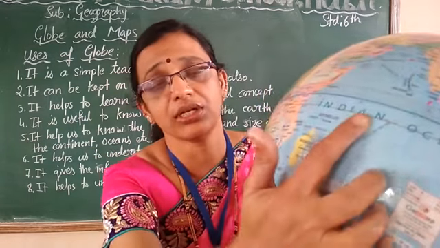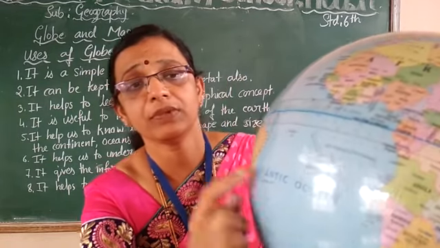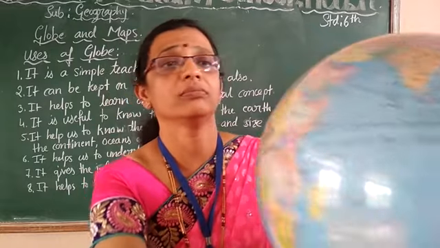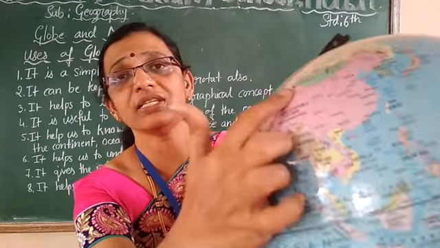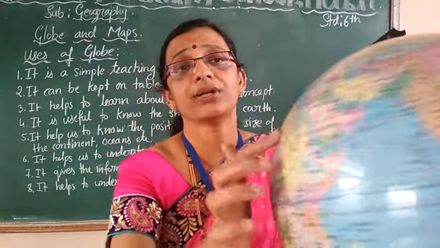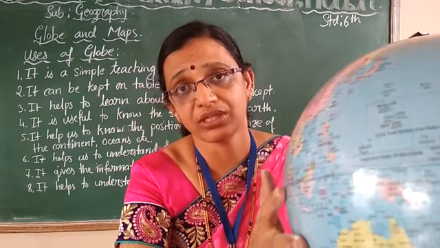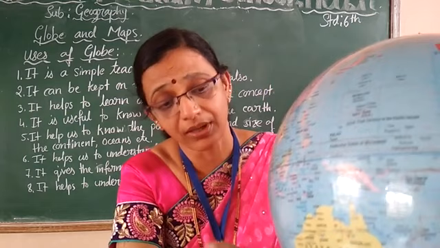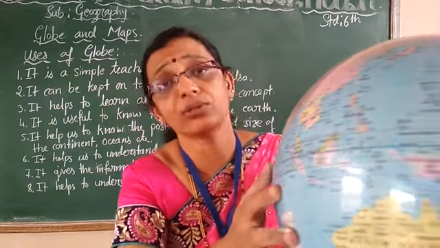See, Indian Ocean it is. This is Atlantic Ocean. This is South America. Then Australia. This is Africa, half of the Africa only. Asia is there. All this we can learn by rotating. Size, and the position, whether they are in the northern hemisphere, southern hemisphere, or in the South Pole, all their positions and their size also we will come to know.